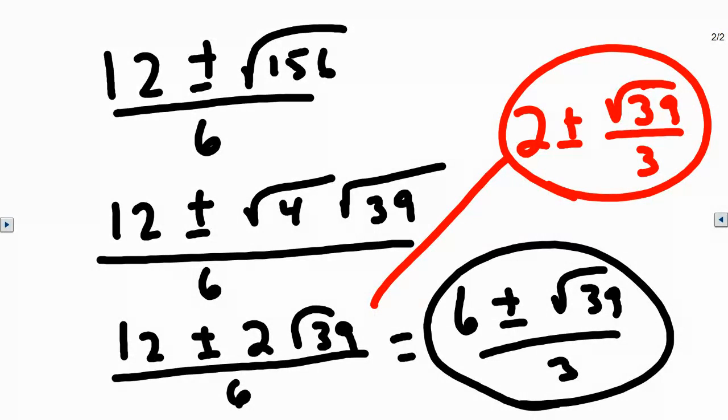That's because the part that's inside the radical is called the discriminant, and the discriminant being positive gives you 2 real answers. If that discriminant had been negative, I would have had 2 complex answers, and if it had been 0, it would just be 12 over 6, right? So if the discriminant is 0, then it would give me 1 real